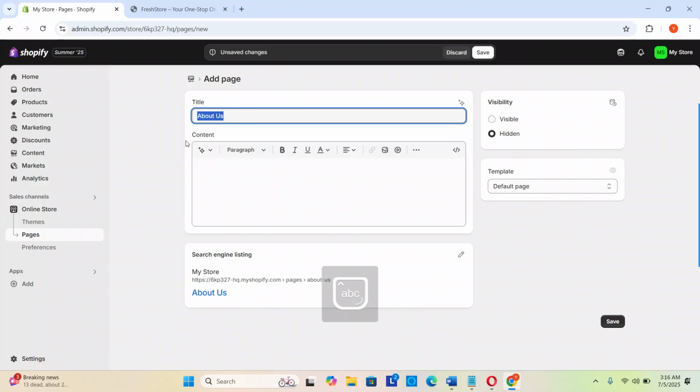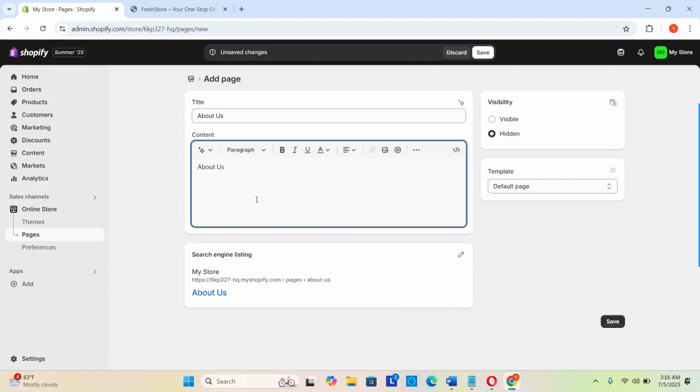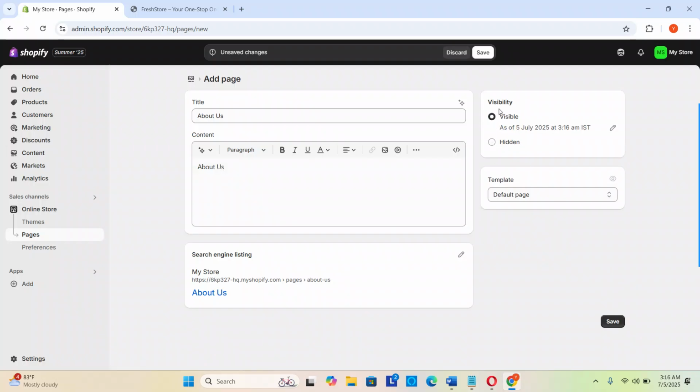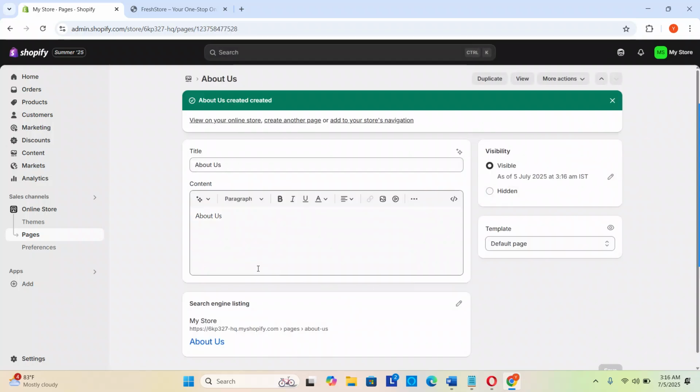And I'm just pasting the same thing over here, and I need to set the visibility as visible, and I need to click on save. And now the page has been created. What I can do is I will go to the content,